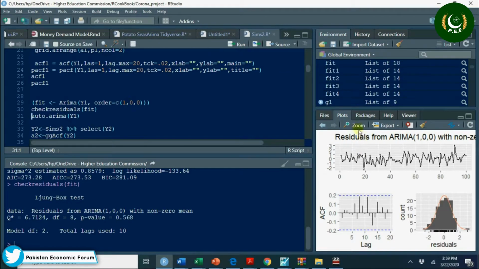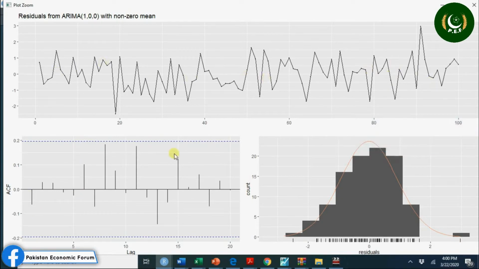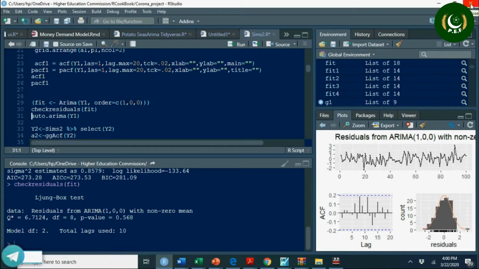Now if you look at these graphs, you have three things. One is the residual plot, that is quite random, and you see the ACF of these residuals, all autocorrelation functions are within these ±2 standard errors. So it means your residuals are well behaved, this model seems fine, and you have this one slightly different value, otherwise your distribution is also well behaved for these residuals. So this model seems apparently a good one.